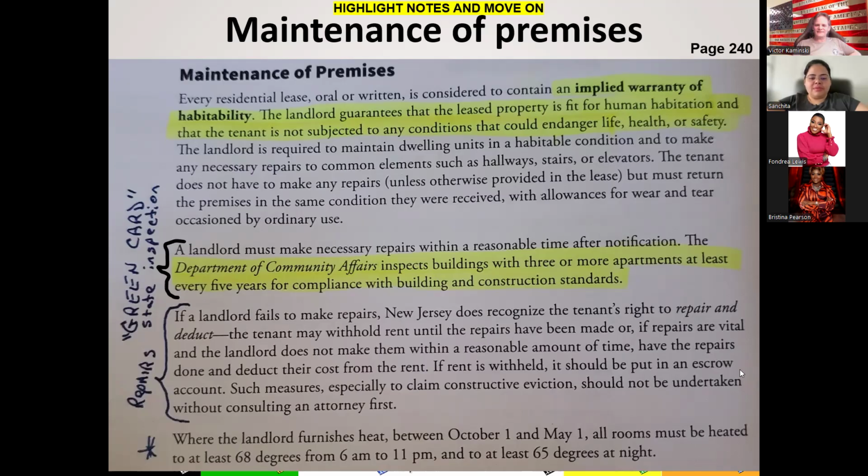That's what you get. Now when a tenant's not paying rent, but those utilities are included in the rent, the landlord still has to maintain the heat at these temperatures. Okay, so they can't shut off the heat or the water on you. They have to keep them on. That's why a landlord is better off separating the utilities and billing them separately.